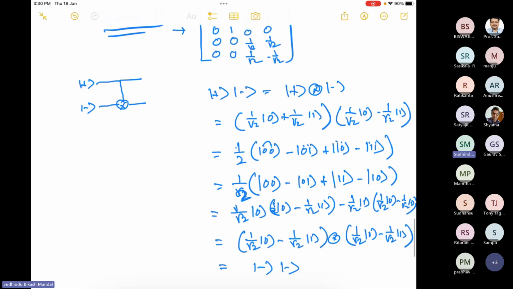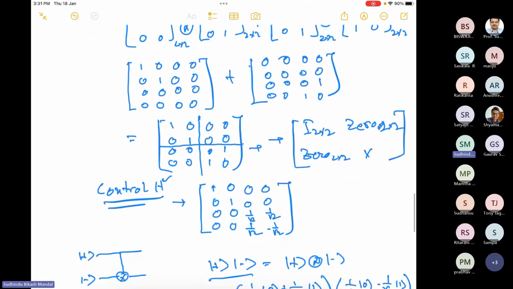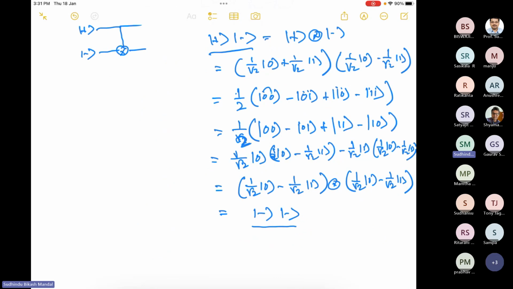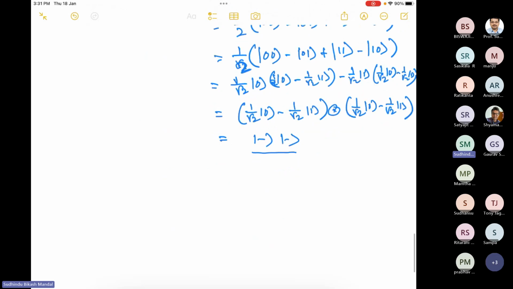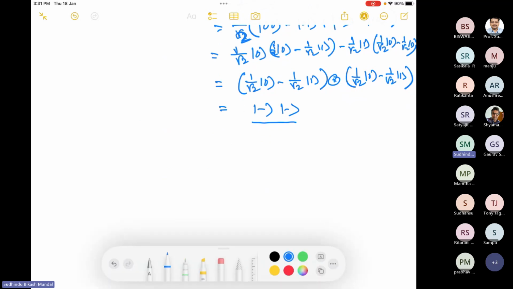See, we started with a state plus minus, but after that we are getting a state minus minus. Actually, by composing the circuit, we transfer the phase to the control, not the target. See, the phase is minus there, and we transfer this phase to the control. That's why it is called a phase kickback operator. Okay. I need this type of ingredients to start my QFT. I'm again really sorry, I'm a little bit mathematical. Now come to the QFT.